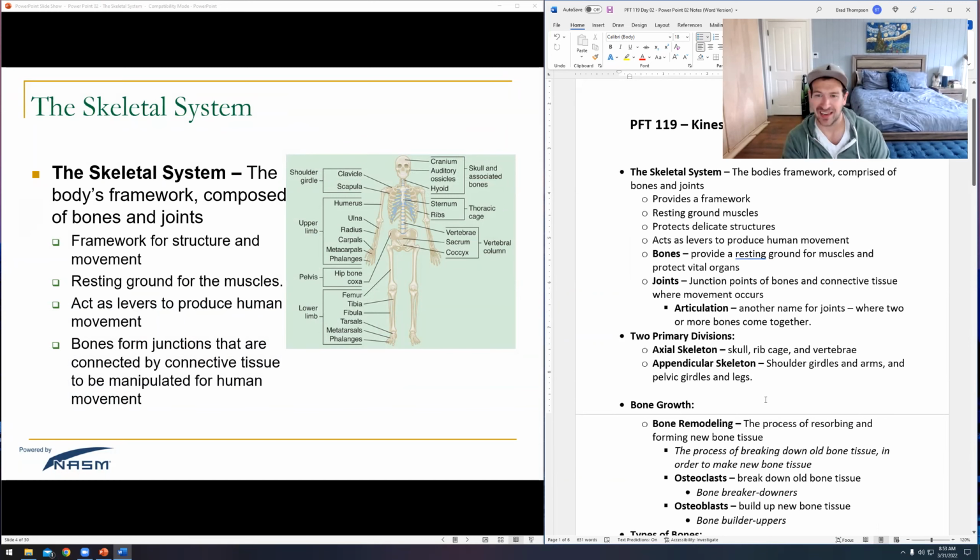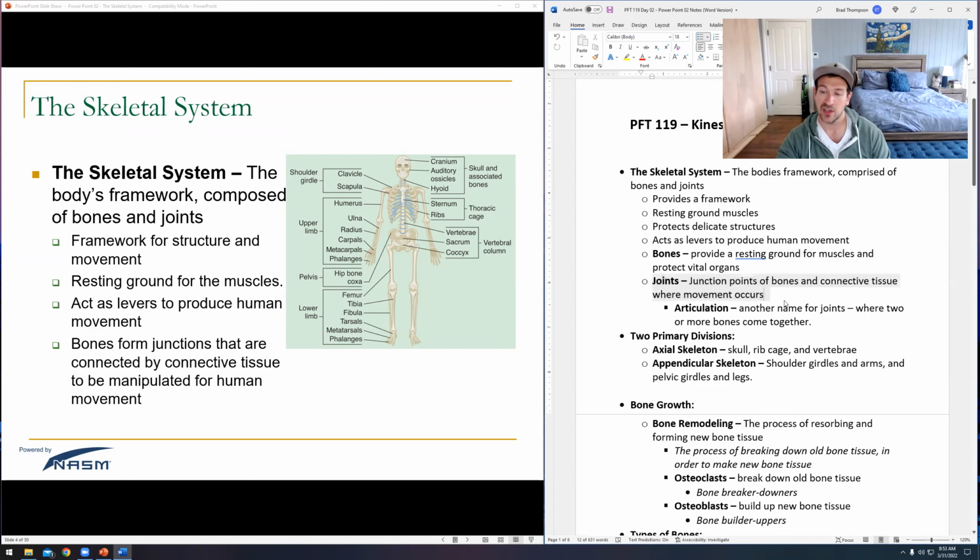They often think of just the bones themselves. But that's not the only part of your skeletal system. It's not just your bones, right? Your bones are sort of half of the system. They're the levers that we're talking about, which obviously makes them very important. But another part of that tissue that we have to talk about